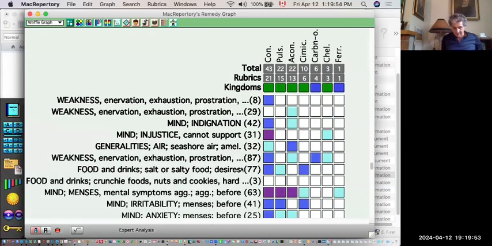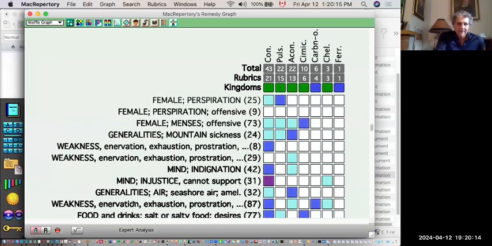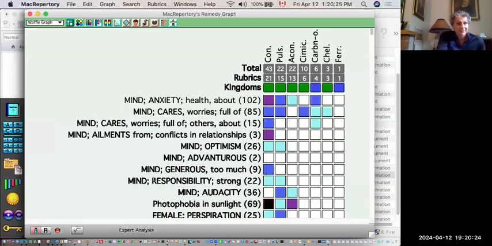So this patient completely recovered. Could we have found conium without this repertory, or without the monograph, I should say, because the monograph is the most important. But without the monograph and the addition to the repertory, probably not. It would have been difficult. It would be a long search. We have made so many additions to the repertory that this remedy comes out very, very often, and as a rule, it's very easy to rule it out, and it's very easy to know when it is the remedy. It's one of the most prescribed remedies in many, many people's practice now.